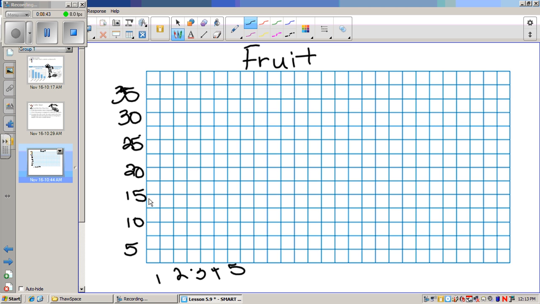Okay, so then if I'm graphing, let's say number 1 had 12. So up here, I'm going to go like this, and I'm going to make my line. And yeah, this doesn't look really great, but okay. And then I'm going to switch up my color just so we can see the difference. And I'm going to kind of color it in there like that. So as you can see,